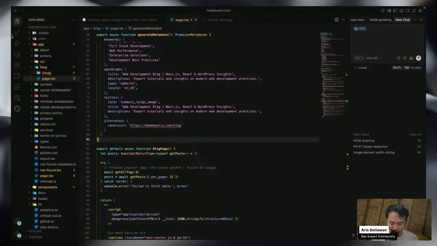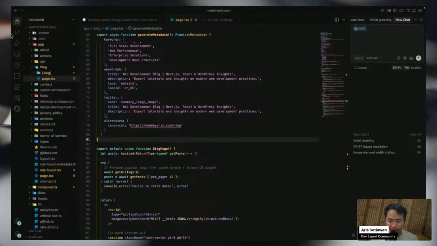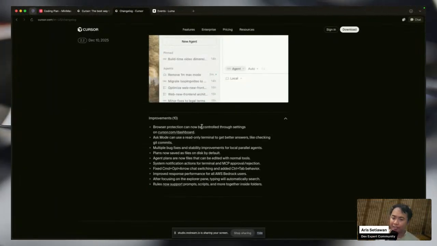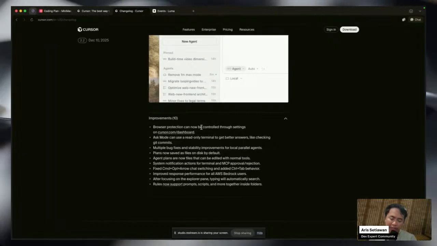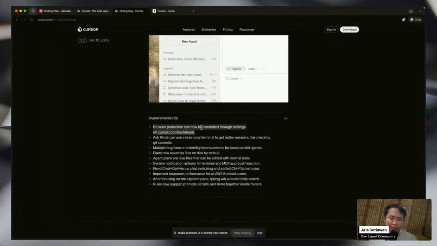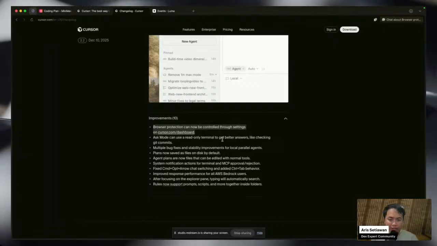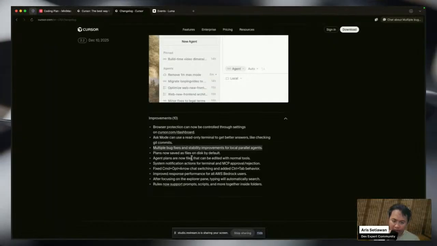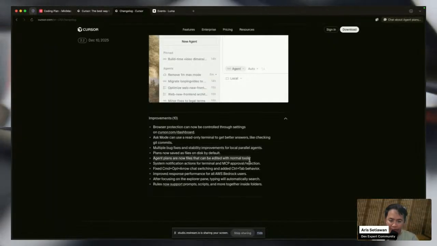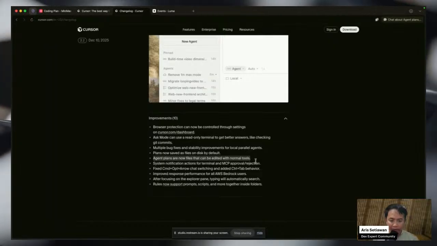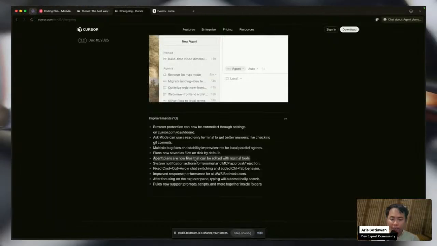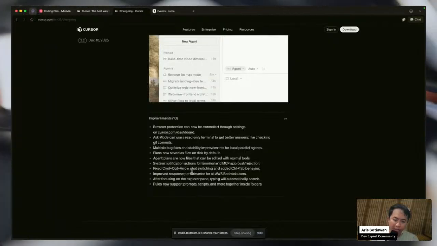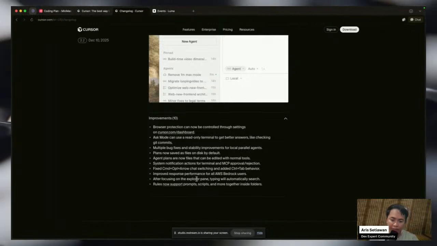Okay, let me check on the minor ones. Sorry, wait. It's all done. And there are some minor improvements like browser protection, smoothness, multiple bug fixes. Plans can now be saved as a file. Again, plans are now files that can be edited with normal tools. Yeah. System navigation fixes. Oh yeah, switching, chat switching. Okay, improved response performance